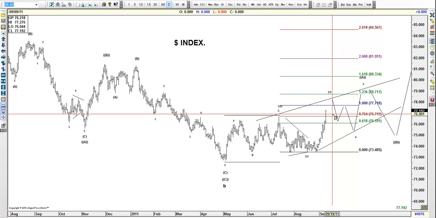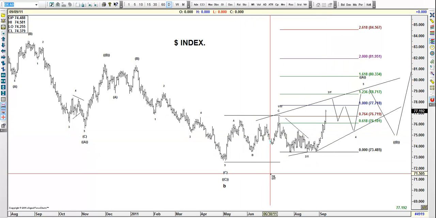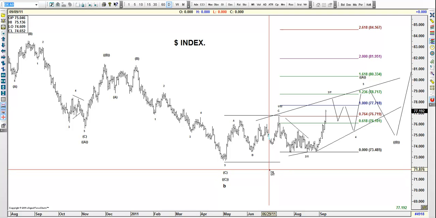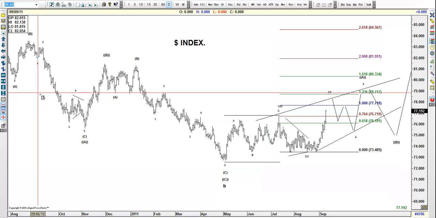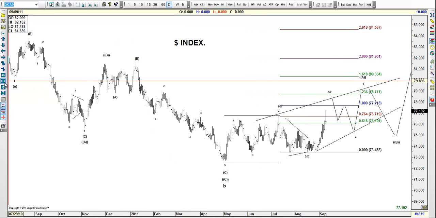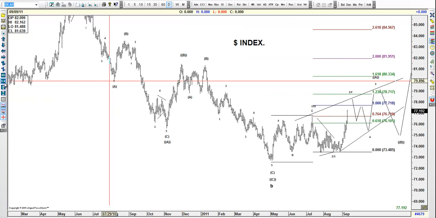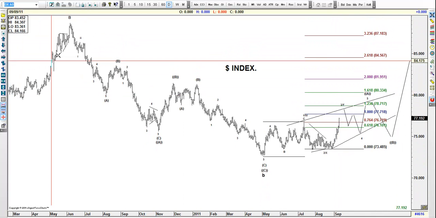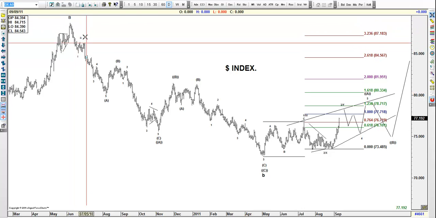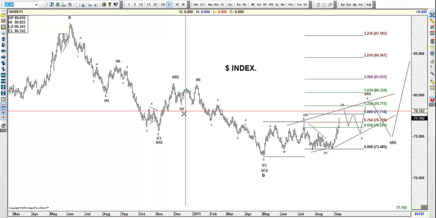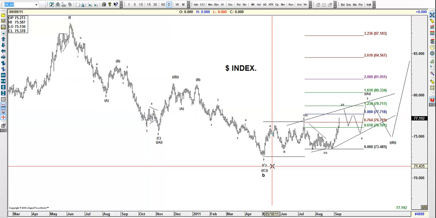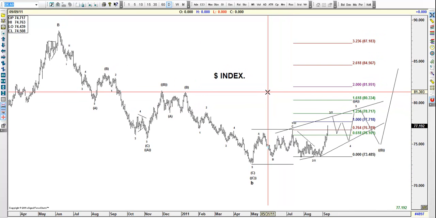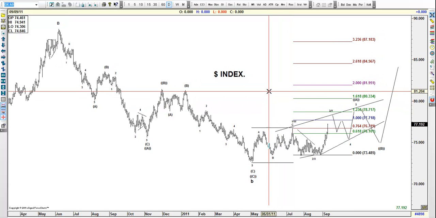The thing is that the euro dollar is not supporting this, and the euro index is also not supporting this. But you cannot deny what you're seeing, and that's why you can never hold a bias. What I mean is that you got a real dollar move in front of you, and you cannot deny it. Remember, from here it can become A, B, C in 3 waves, A, B, C in 3 waves, and there is no problem.